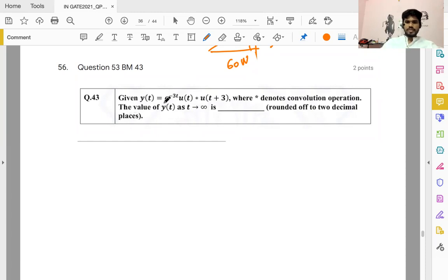So we know they are asking for the final value, the final value theorem, but only once we cross this hurdle can we apply it. The thing that is slightly missing here is f of t, u of t minus a property. You could use that. There are many properties available here, but the simplest would be